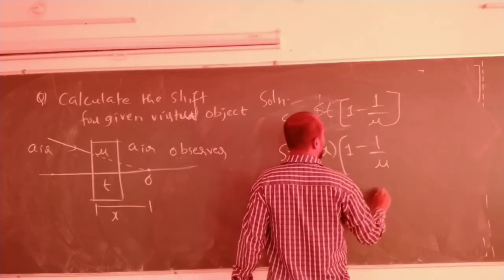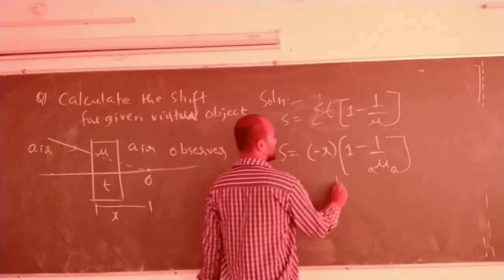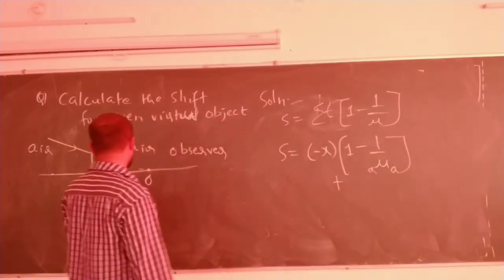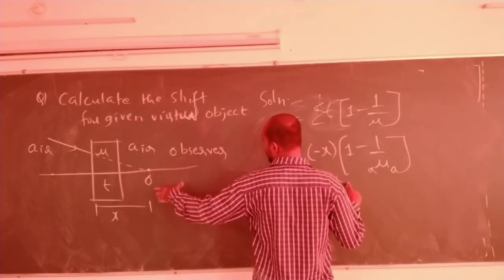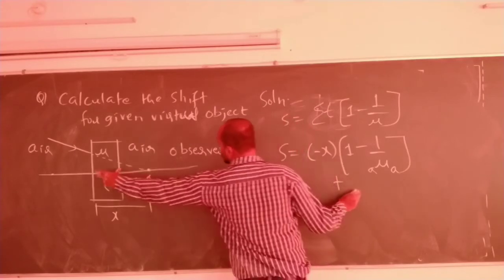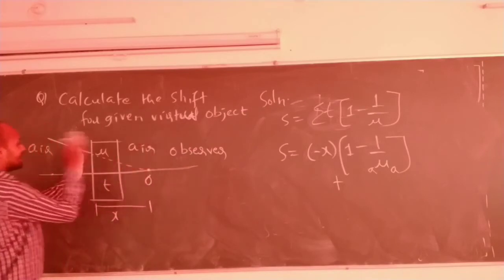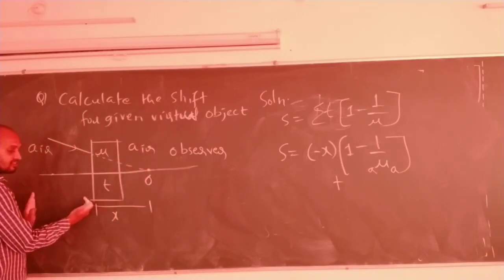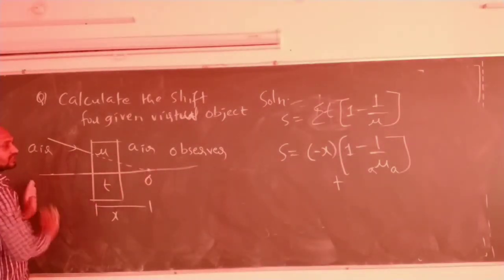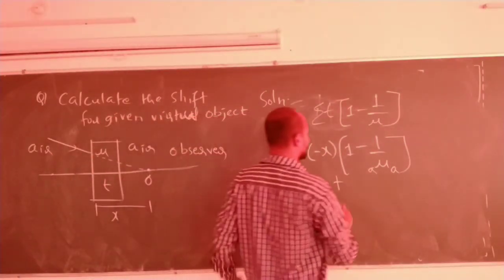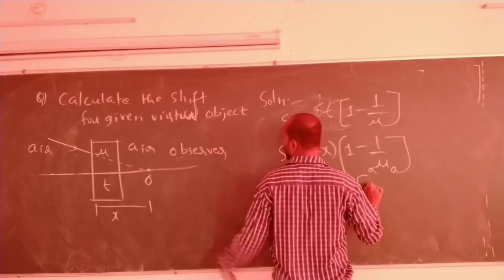Mu, the refractive index of air with respect to air. Correct now? So, plus. Then you can see that due to the thickness of the slab, I will imagine this side it is there having minus x distance. If this is the given data x, I will imagine here minus x, this object is here. So this is one slab, plus the thickness T, T into how much?